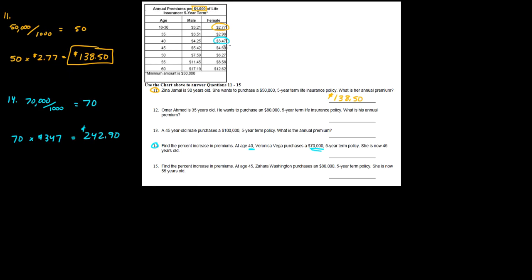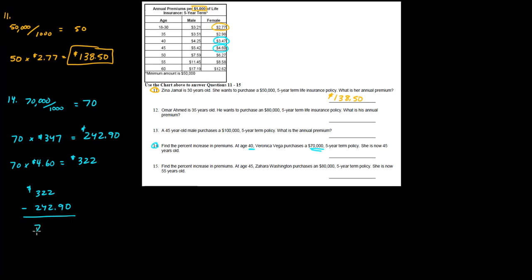Now, if we look at the 45-year-old, so in 5 years, how much is it going to cost and how much will it go up? Well, in 5 years, it's going to be $4.60 each. So 70 times $4.60 each means that the total cost will be $322. So how much did it go up? Well, if I take the $322 and I subtract the $242.90, it tells me that the amount that it went up in cost